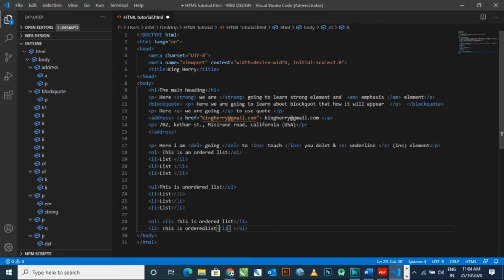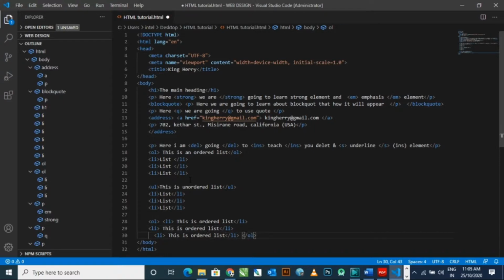Simply I am typing, this is an ordered list. Second, I am typing, oops, sorry, three list items I'm typing here. This is an ordered list, and another one I'm typing. You will see the 1 2 3 format.